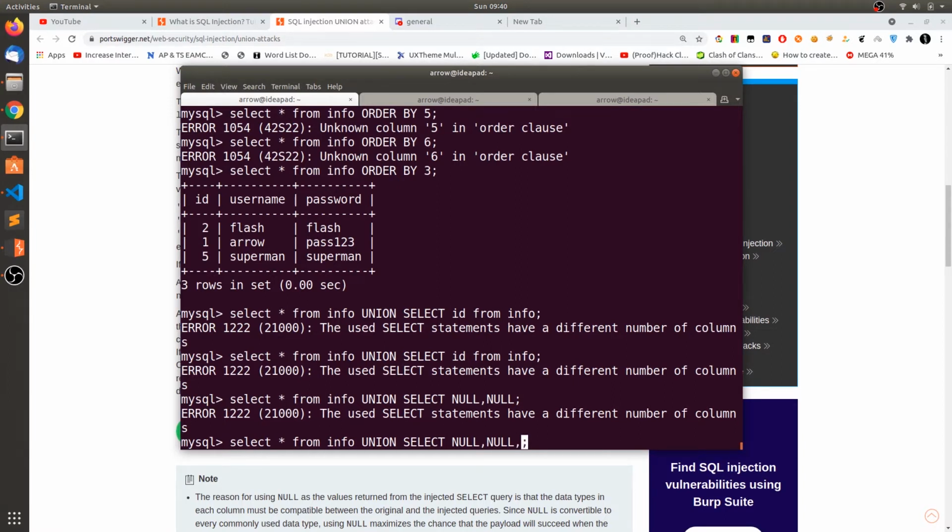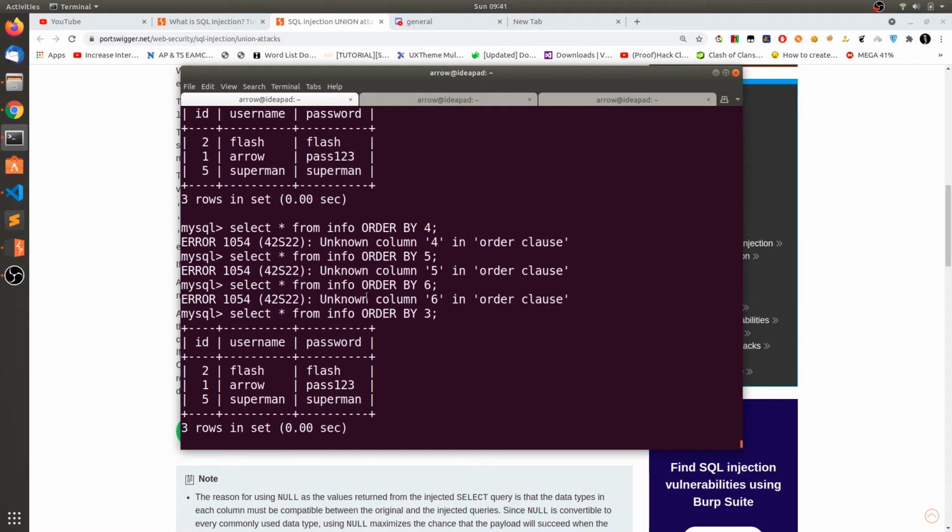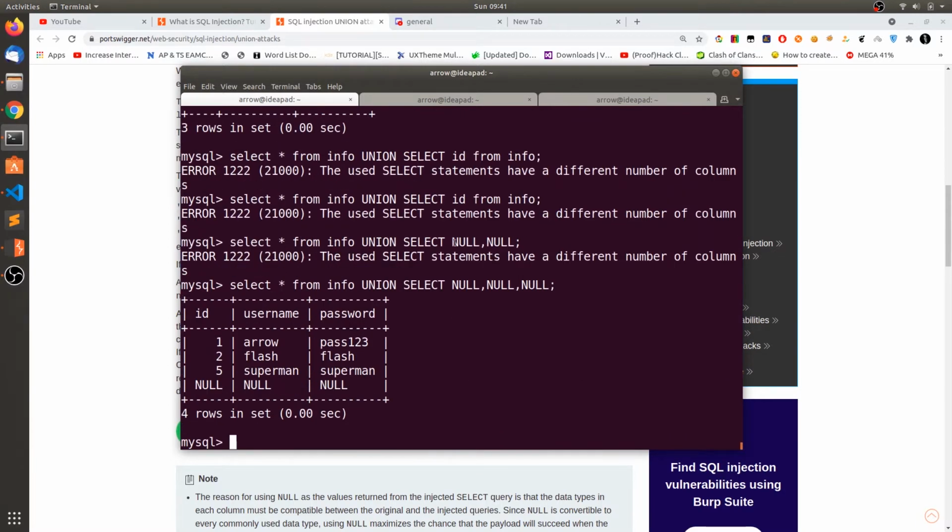Now what I can do is I can add another null. I'm just getting some random data and matching with the number of columns this select statement is getting, and hit enter. Now you can see we got the null. We got the result when there are 3 nulls. That means this first select statement is retrieving 3 columns. So you can see we have 2 methods: one is sorting and another one is union. So now we can use these 2 methods to determine the number of columns the query is retrieving.